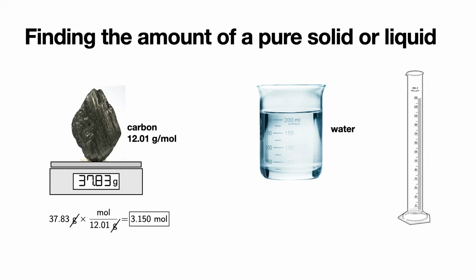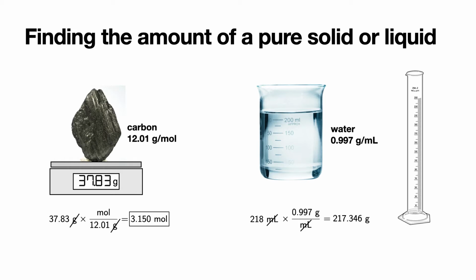And so if you were to do that, and let's say that our sample of water here had a volume of 218 milliliters, if we wanted to use the molar mass to find the number of moles of water that we've got, we would first need to convert this volume in milliliters into a mass in grams. And we can do this using the density of water. Water has a density of 0.997 grams per milliliter at room temperature. And so if we take our volume, 218 milliliters, and multiply by the density, 0.997 grams per milliliter, our milliliters cancel out, and we get a mass of